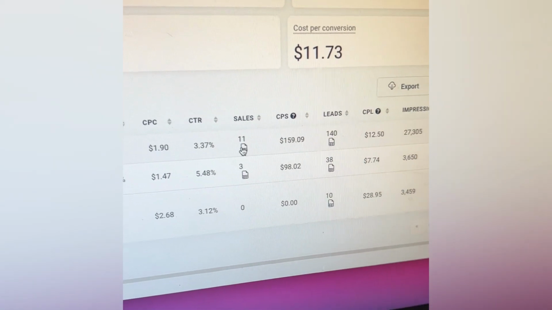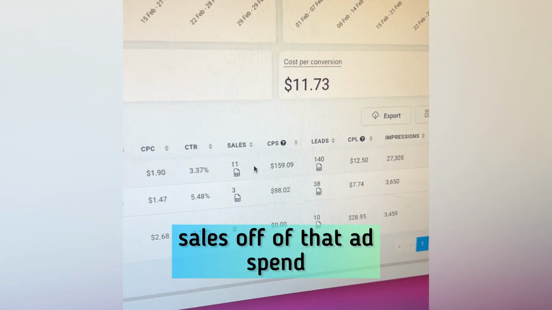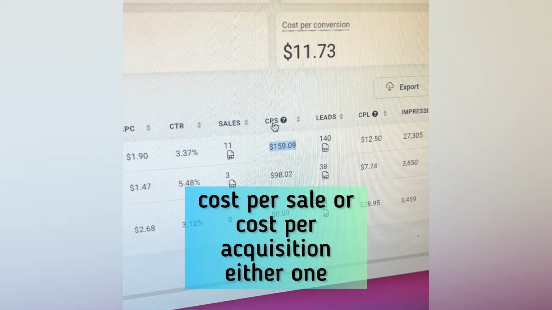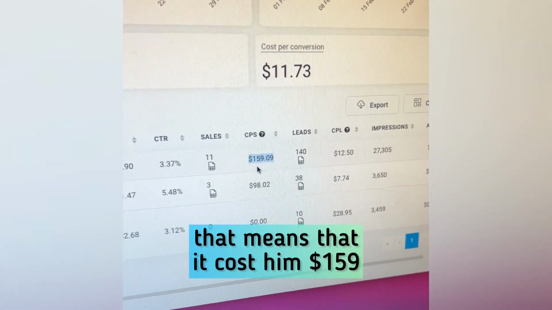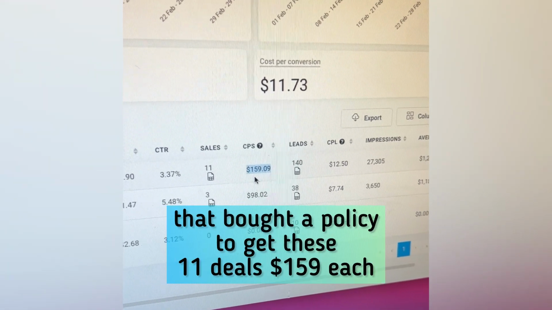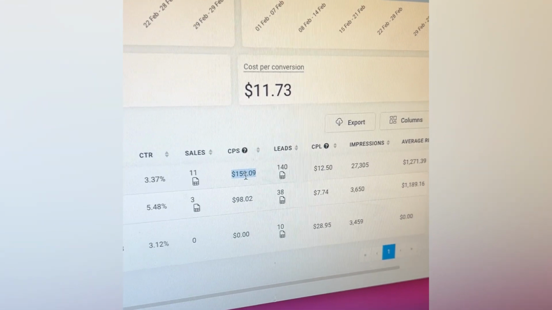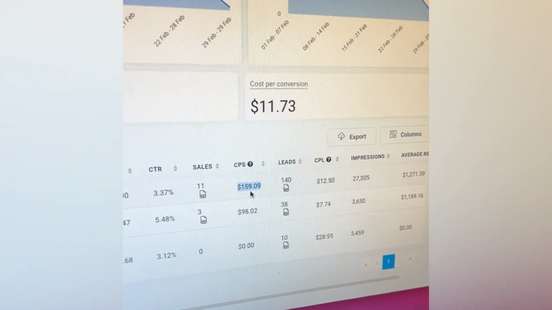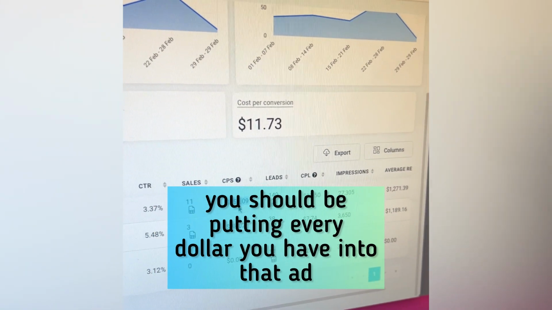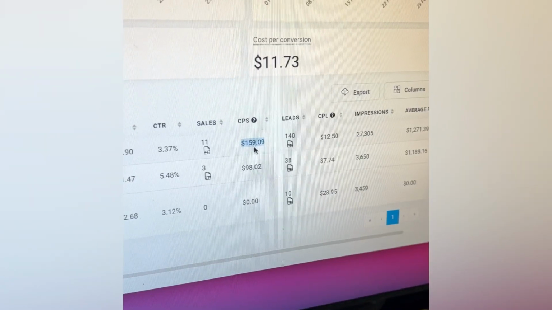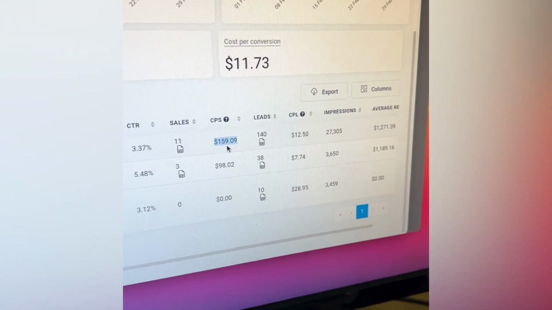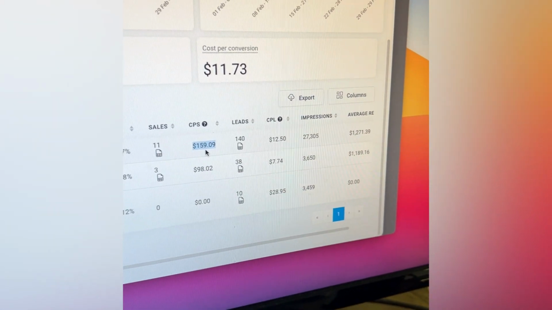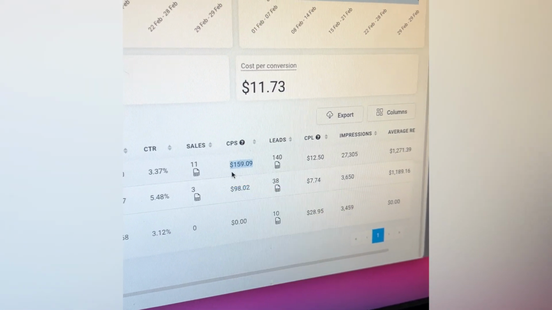Now, he did 11 sales. Look at this, 11 sales off of that ad spend, which resulted in a $159 cost per sale, or cost per acquisition, either one. That means it cost them $159 to get each person that bought a policy, $159 each for these 11 deals. In the insurance world, if you can get them for under $200, you're doing great. If you're at $150, $160, gosh, you're printing money. If you're anything lower, you should be putting every dollar you have into that ad and really doing it big. Maybe you make $800, $900, $1,000 on a policy, and after your commissions and whatever, maybe you yield $700, $800, $900. So if it costs you $159 to make that, woo,